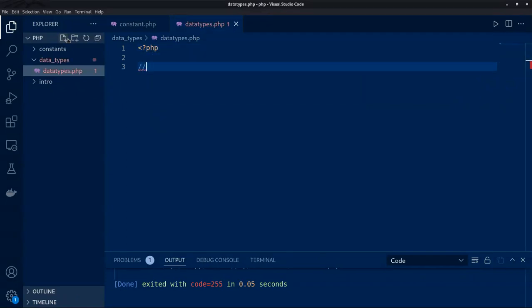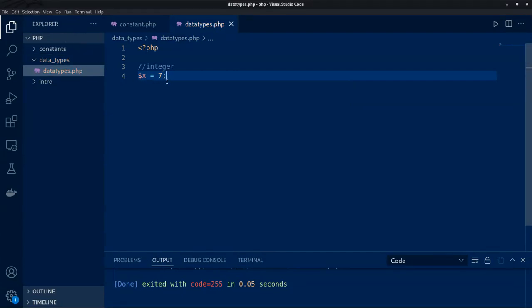and I'm going to start with the integer data type, right? We said an integer data type is a type that is used to store whole number values. It could be negative or positive, but you should note they are whole number values. So if I take my x, for example, to be equal to 7, this is an integer, right? This is a whole number,